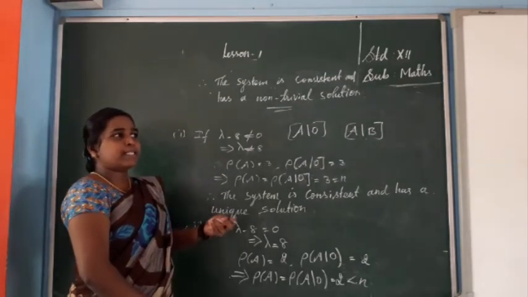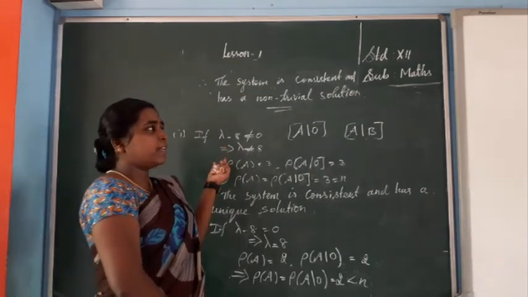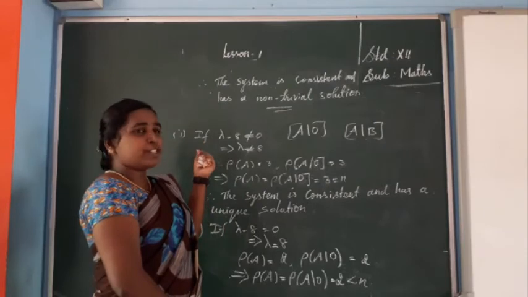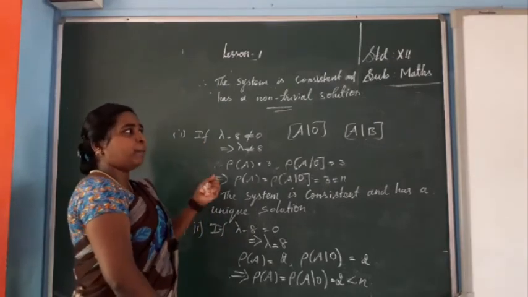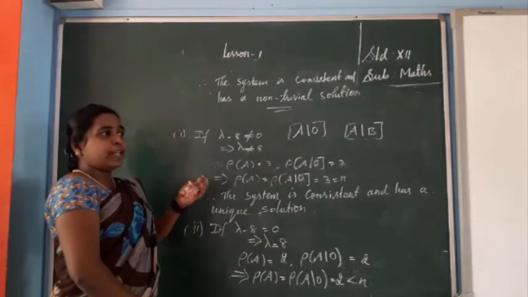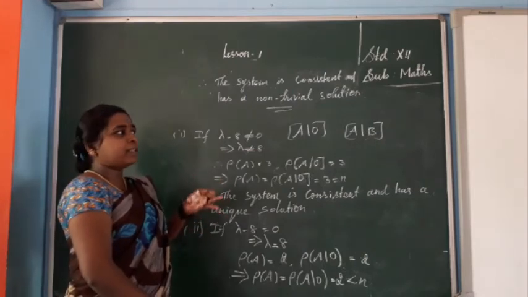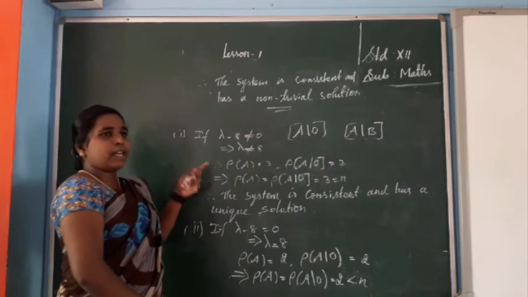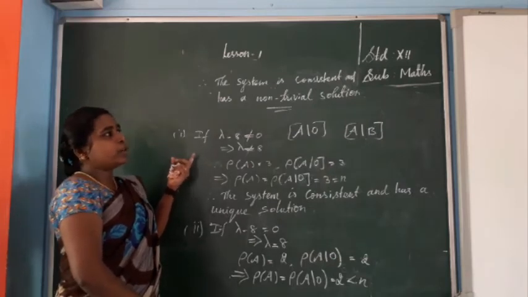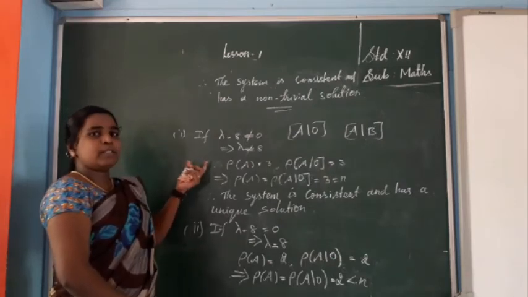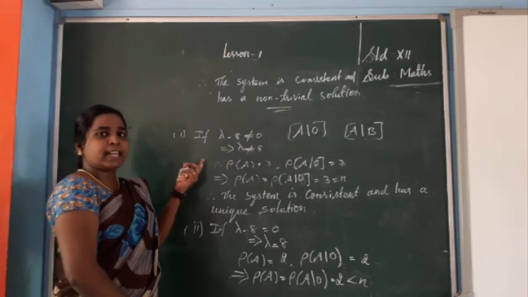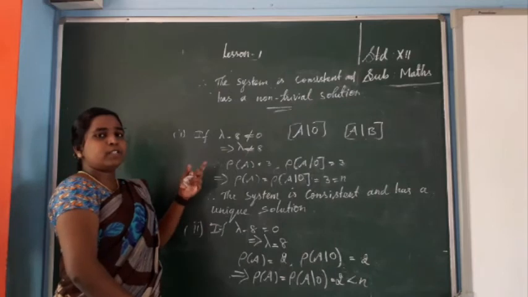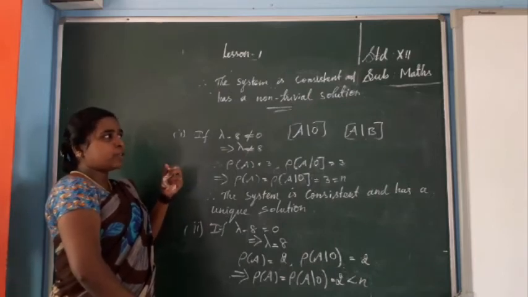Last 2, 3 next year. The determinant method we have studied; in the determinant method also some problems are there. Then the inversion method, some 5-mark problems. So when you are doing the inversion method, determinant method and Gaussian elimination method or rank method, Gaussian and rank are the same only. First you have to see whether the constant is on the right-hand side or the left-hand side. If it is on the left-hand side, you convert it to the right-hand side. After that only, you do it.